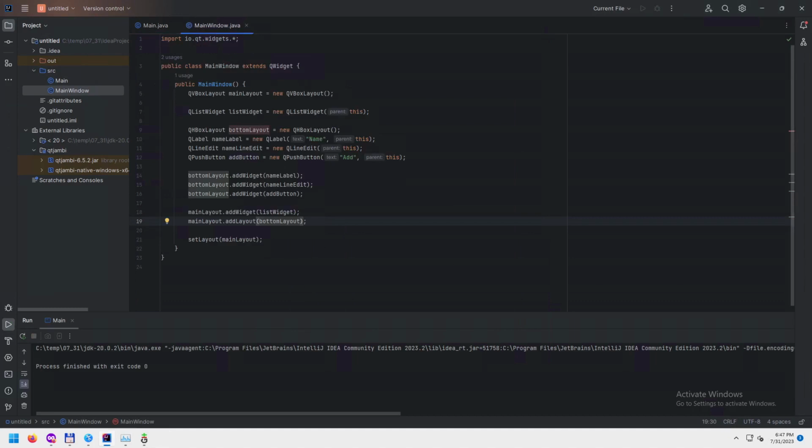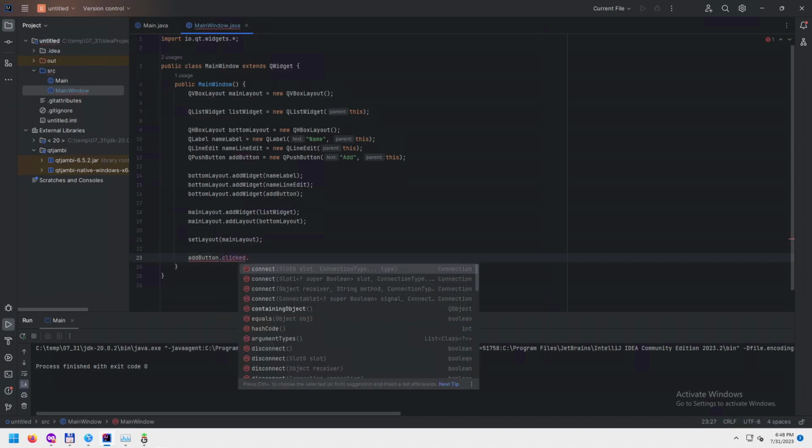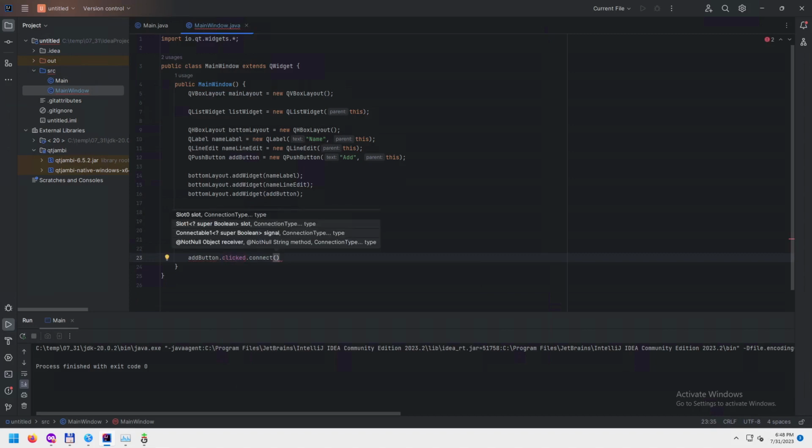So let's see how that is done. Okay. So we will need to add event handlers. So that's the button. Clicked, connect this,